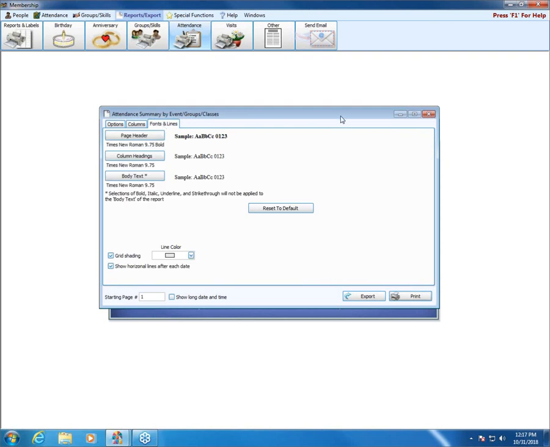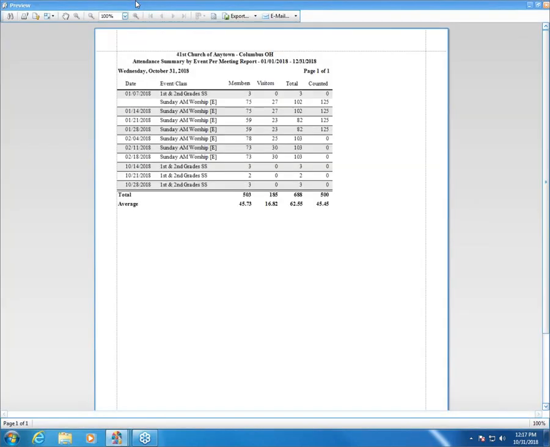And then the last thing here is the fonts and lines, where we can choose, just like the others, different fonts and shading. Let's click print and take a look. So here it's just a nice little basic chart. We don't have a lot of attendance in, obviously, because it jumps from February until October, but this is play data for us. What you might notice here is with members, visitors, total, and counted, some of these figures are